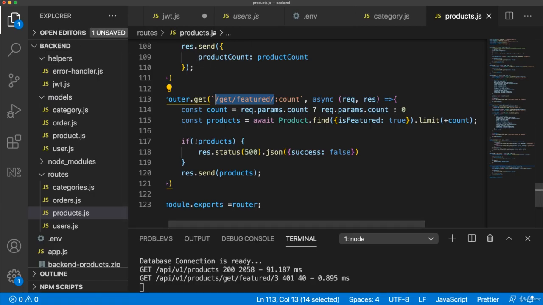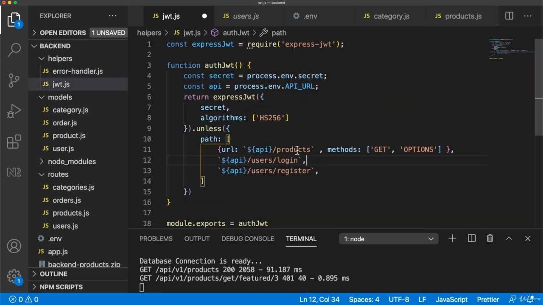In this case, we need to specify also this URL here. But then we will have a very long list of APIs, especially by the time when we have a very big web shop, because we need a lot of APIs, not only saying, for example, give me the featured products or give me the product count. So the nice thing here is that instead of a string like that,